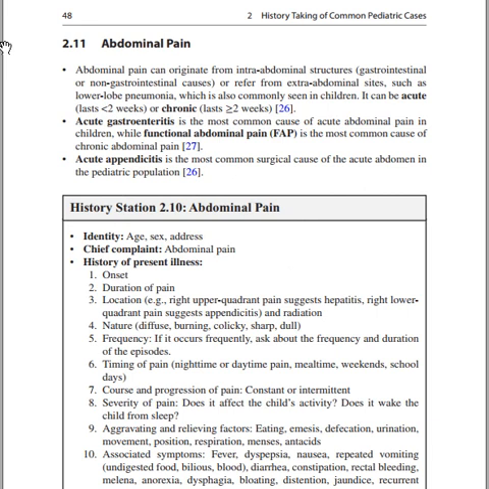Abdominal pain can originate from intra-abdominal structures, or it can be referred from extra-abdominal structures. Intra-abdominal causes can be gastrointestinal or non-gastrointestinal, like the pancreas or the liver. It can also be referred from extra-abdominal sites such as the lower lobes, for example pneumonia. Those are the cases that you have to know. And then it is divided into two. The first division is intra-abdominal versus extra-abdominal, and the second division is acute